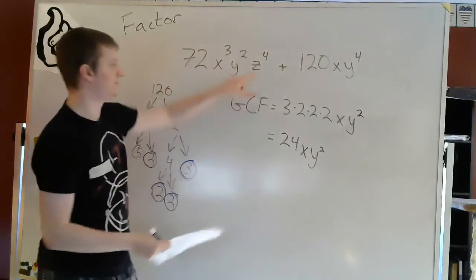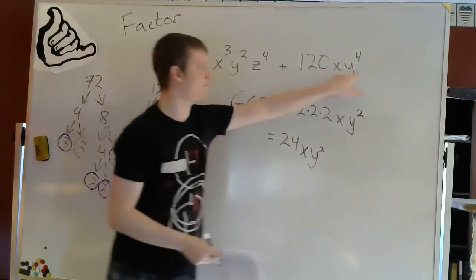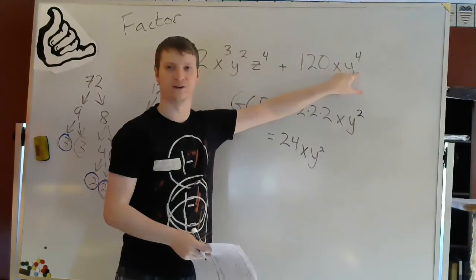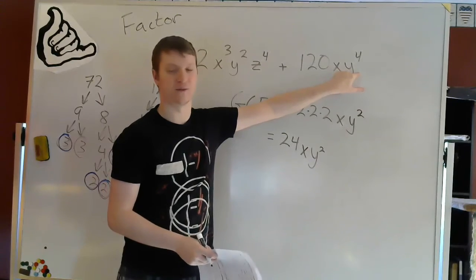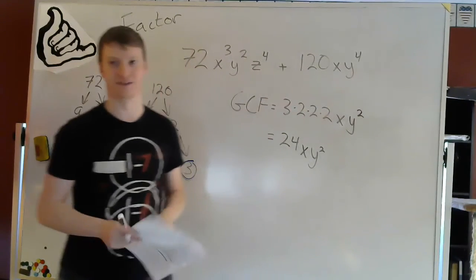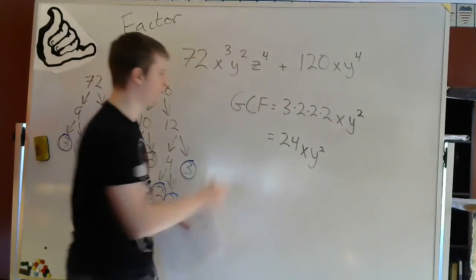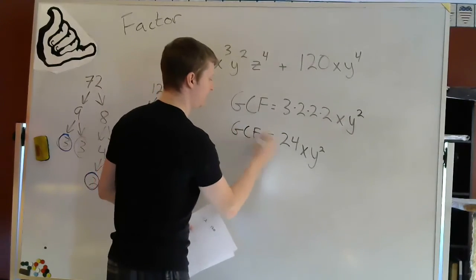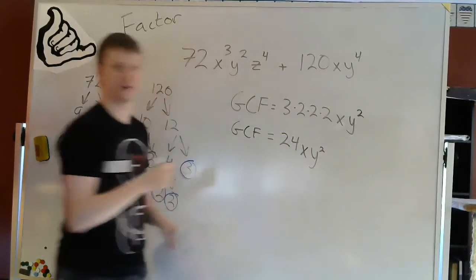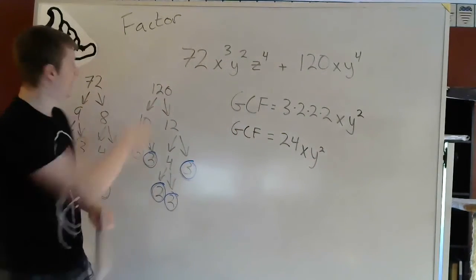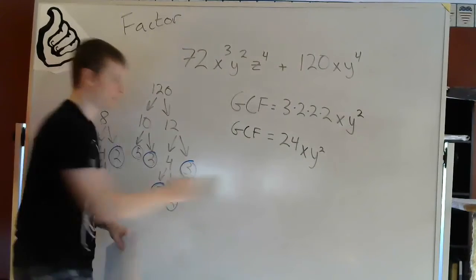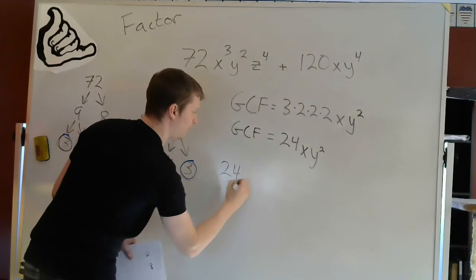And now for my z's, I've got 4 z's here, but I have 0 z's over here. Well, I don't have them in common then. So we don't take any z's at all. So our GCF ends up being 24xy squared. Now, because I was told to factor this, I want to take that GCF, write it out front,